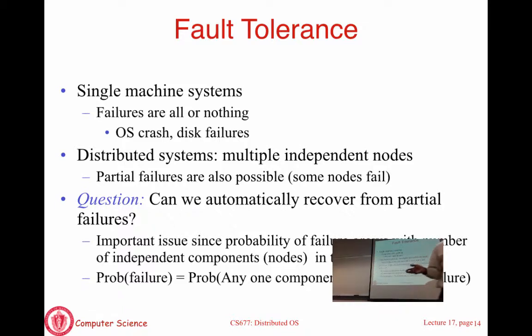Or you may not have implemented fault tolerance at all. You have n nodes, but you have some functionality of your application that's not replicated. So if that node goes down, you're out of luck. Your system doesn't work. A simple example: let's say you want your users to log into your application. You have a username and password before you let them access your application. Maybe your application itself is replicated, but if your usernames and passwords are stored on one machine in a password database and that machine goes down, your application may be running fine, but no users can log in, because your password database has become a single point of failure.